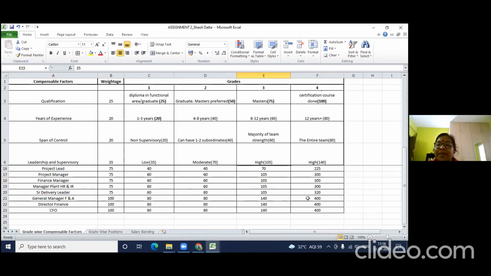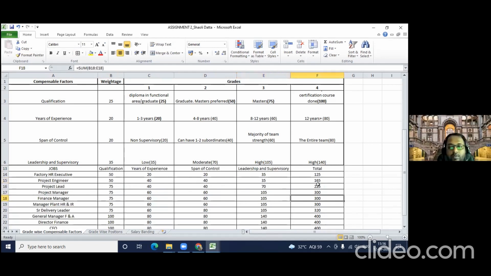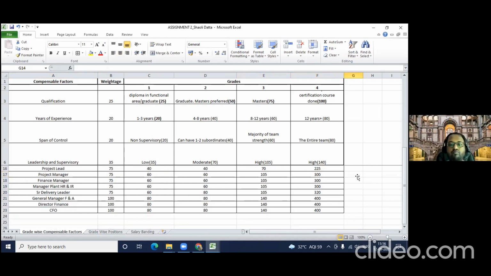Can I see your total points? This one. Yes. What I now ask you to do is merge all this and just have positions, then the total point value. No, I want, like I showed, only the first and the last column. I want your jobs and the total score, point values. That's it.